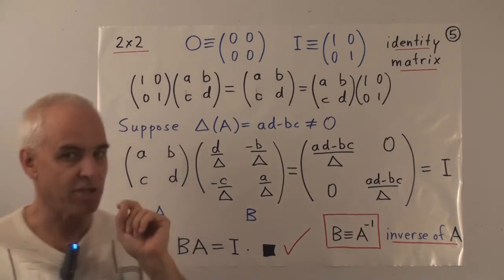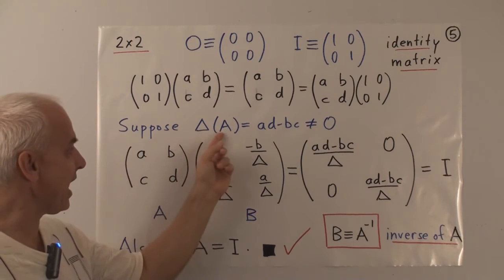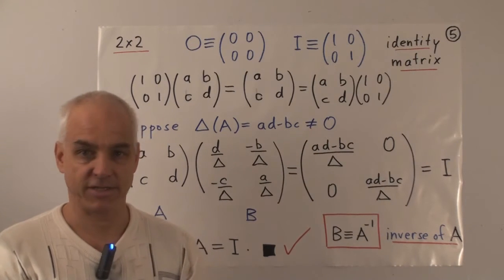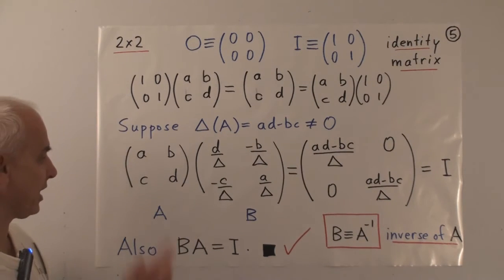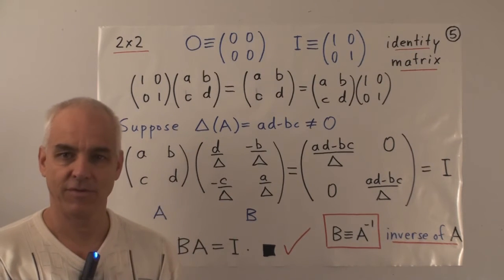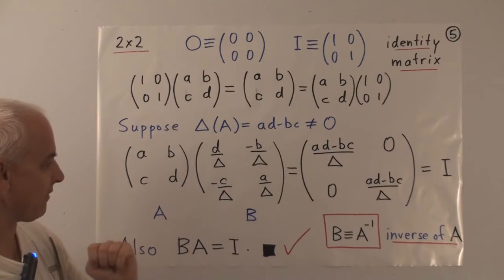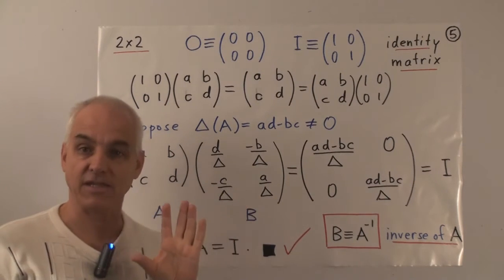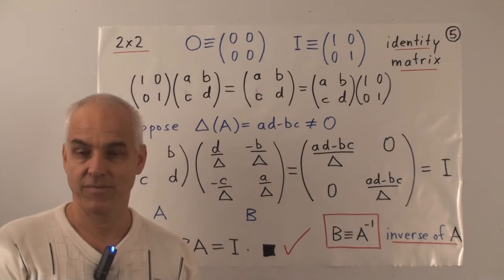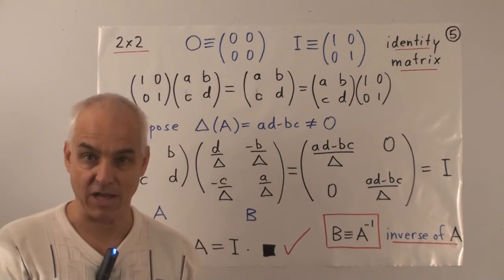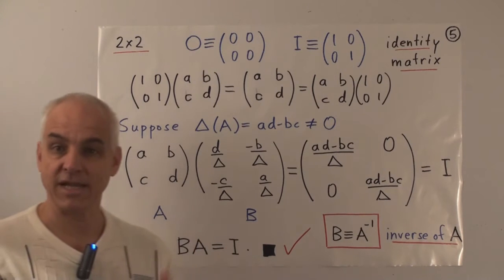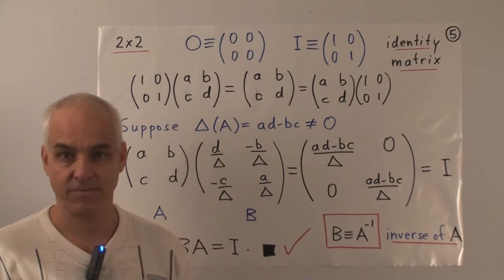Alright, so what does the inverse law say? It says that if the matrix A has determinant which is non-zero, then there is an inverse matrix. And what is that inverse matrix? Well, here it is right here. There's the matrix A, and this is the matrix that's going to be the inverse. And have we seen this before? Yes, we have. This we've already obtained when we looked at this fundamental problem of inverting a change of coordinates. I told you that this was the fundamental problem in linear algebra, and here we see that it's intimately connected with finding the inverse of this matrix in this arithmetic situation.